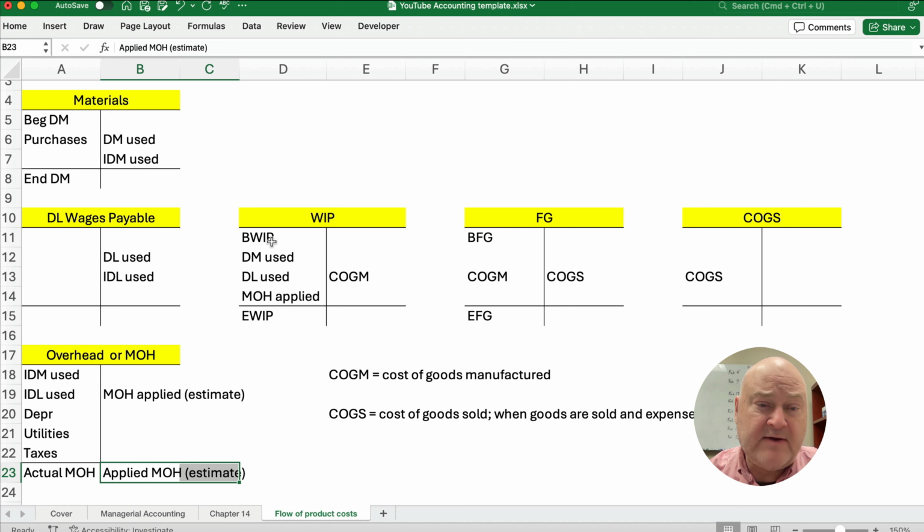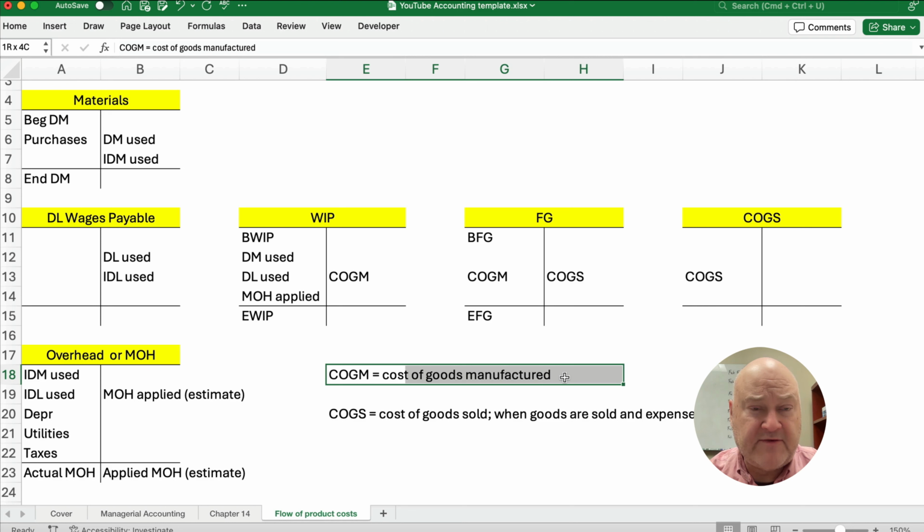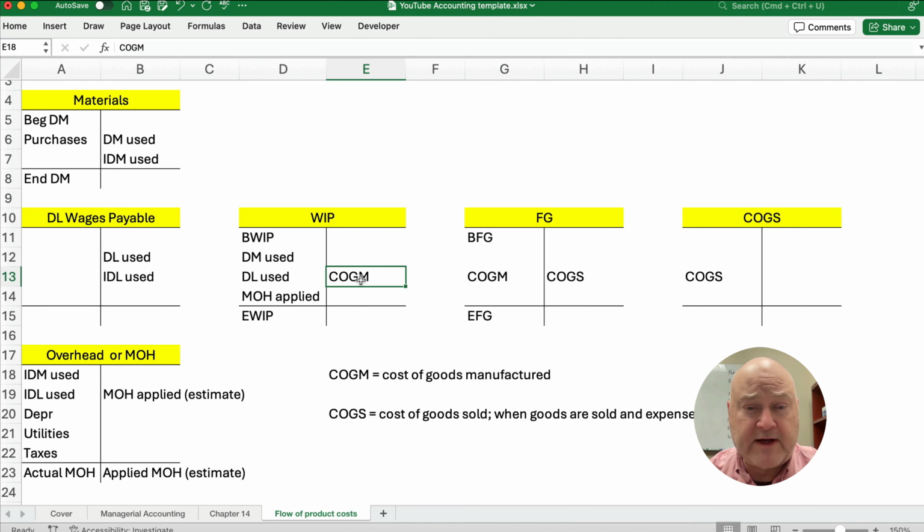So we have beginning work in process. We add materials, labor, and overhead. And we have ending work in process. And what we finish becomes cost of goods manufactured. So we finish, and it becomes cost of goods manufactured. Now, this is the cost of finished goods. We move it from work in process